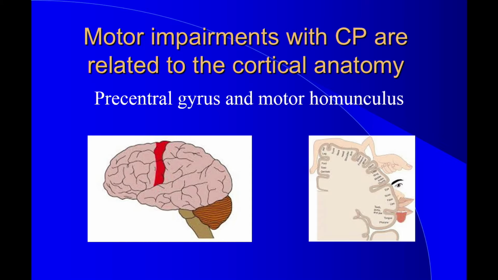The surface of the brain was mapped out a long time ago, and the fibers from different body parts are located in different regions. We call it the homunculus. You see the leg is kind of hanging over in the middle. That's the middle of the brain there where the fibers to the leg go. And then the hand is kind of on the upper outside, and then the bottom part is the face, the lips and the tongue. The representation of the homunculus relates to how complicated that movement is, right? The leg is the strongest and the biggest, but it doesn't have a big representation in the brain because it's not nearly as complicated as what we do with the hand. So something like handwriting